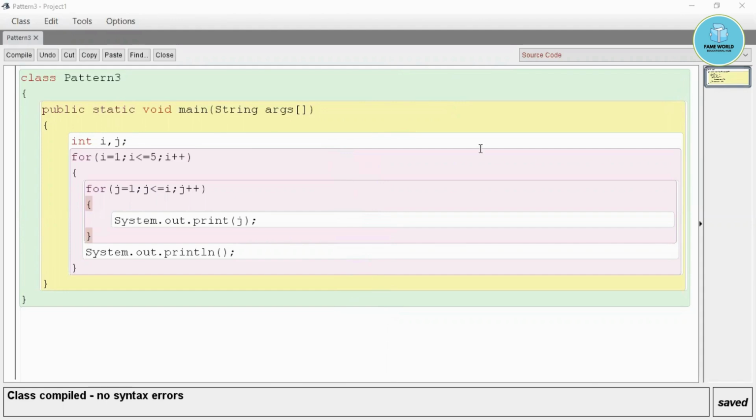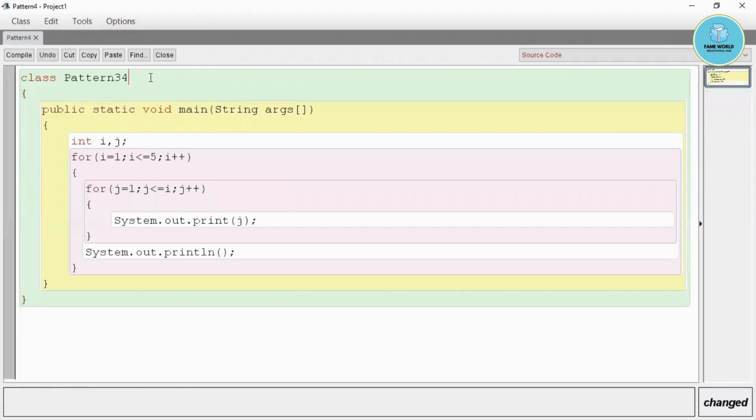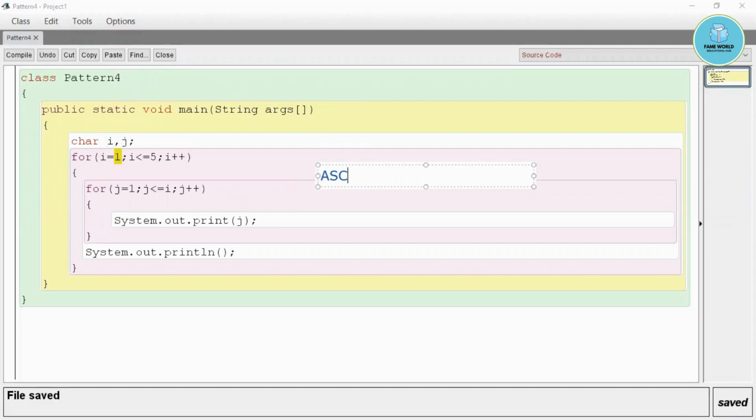Now if we want to work with characters, this is pattern 4. For this time I'm just going for the characters. Like if we want to print ABCD, suppose I'm taking char, there is a concept of ASCII values.